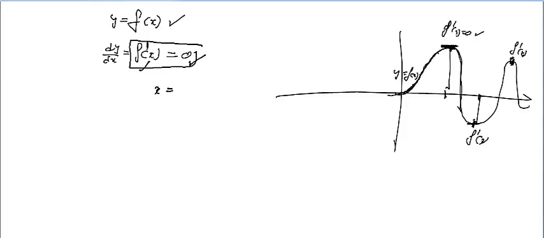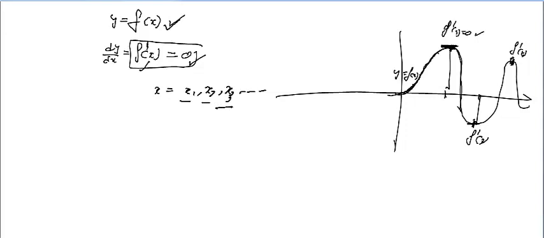Let us suppose I am getting x equal to a, x equal to b, x equal to c, or you can say you are getting the values x equal to x1, x2, x3. How many values you will get depends upon f(x). So out of these x1, x2, x3, some may be the point of maxima or minima. So how will you check?